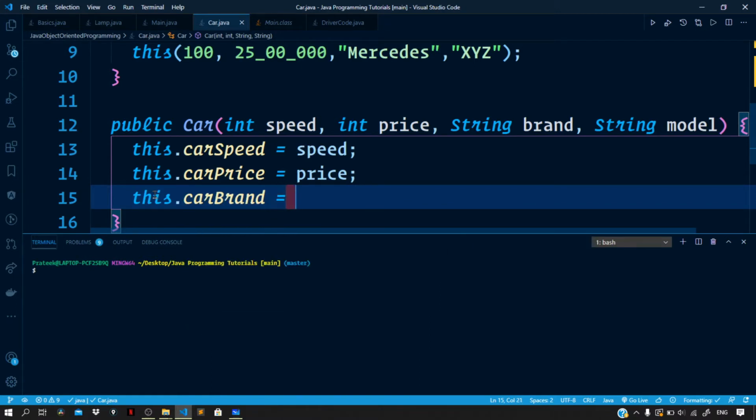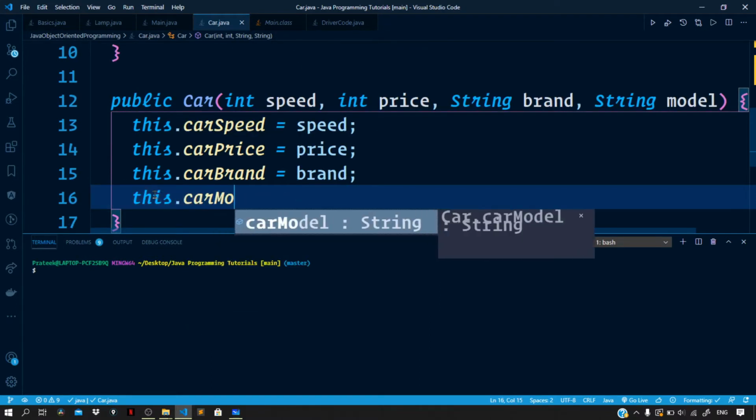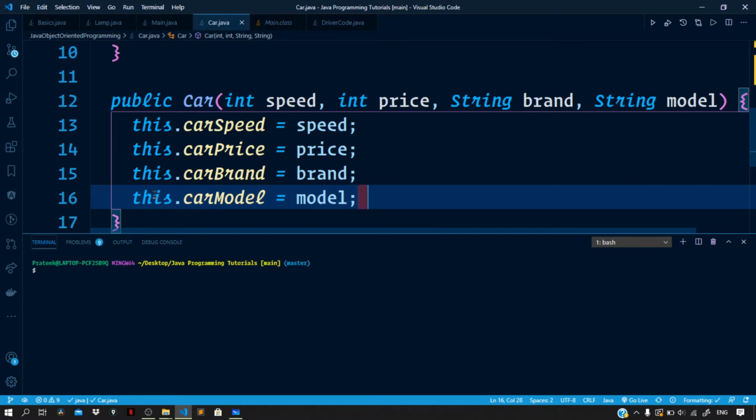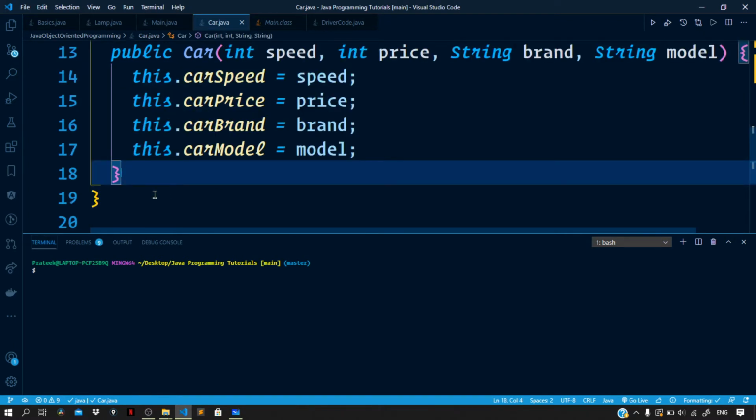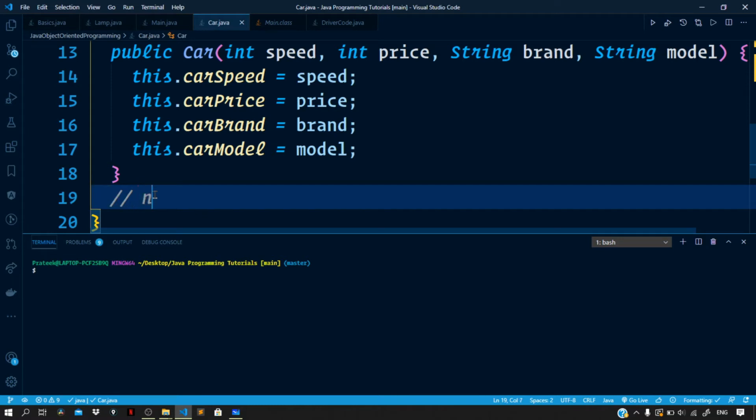Car brand, set this to brand. Car model, set this to model, like this. And let me also print this keyword right here. Now let us go right below the constructor function to define the behavior for our class